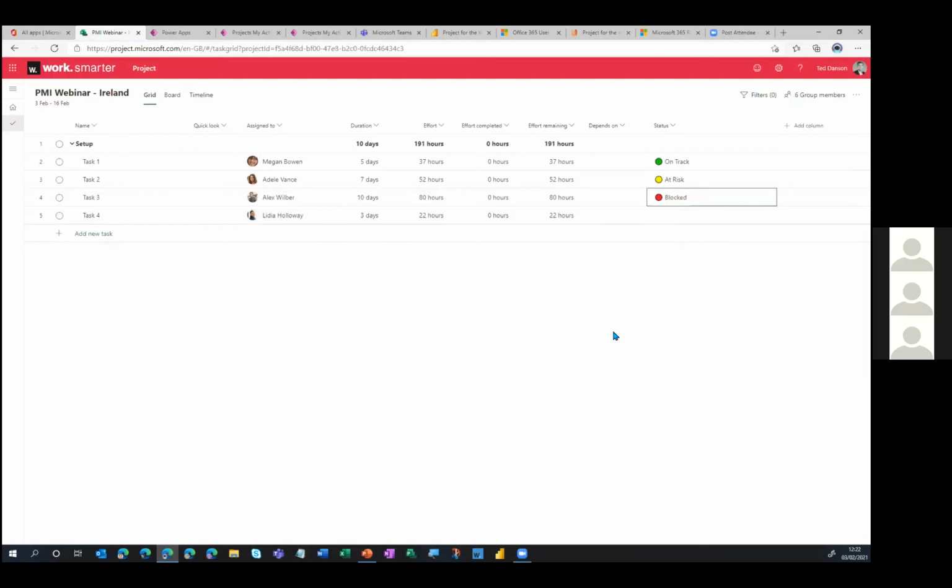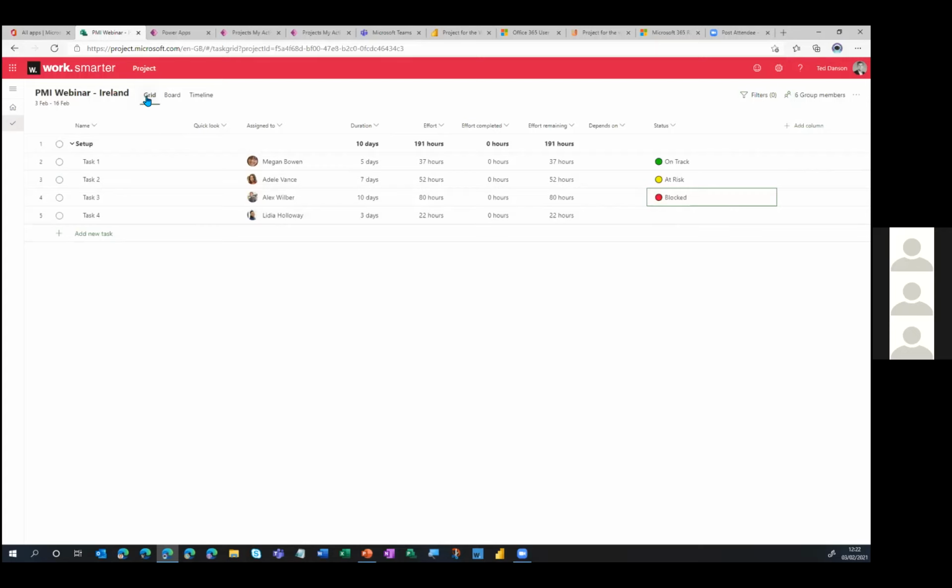So again, we've started creating a plan very easily here in Project for the Web. And for those of you that are maybe familiar with Microsoft Project on the desktop, then this is worlds apart. Whereas with the desktop, you literally need training before you can get started. There's a very complicated ribbon toolbar. There's a multitude of options here. Anyone without any training really can get started with building a basic schedule. But in the background, this actually shares the same scheduling engine as Microsoft Project on the desktop. So it is still incredibly powerful, but with a much simpler skin on top.